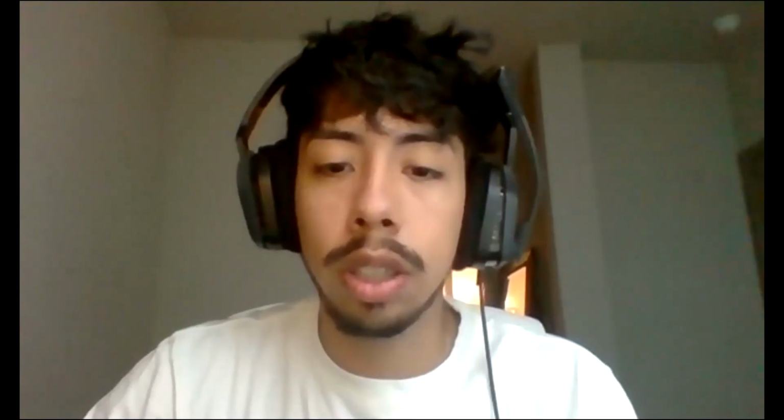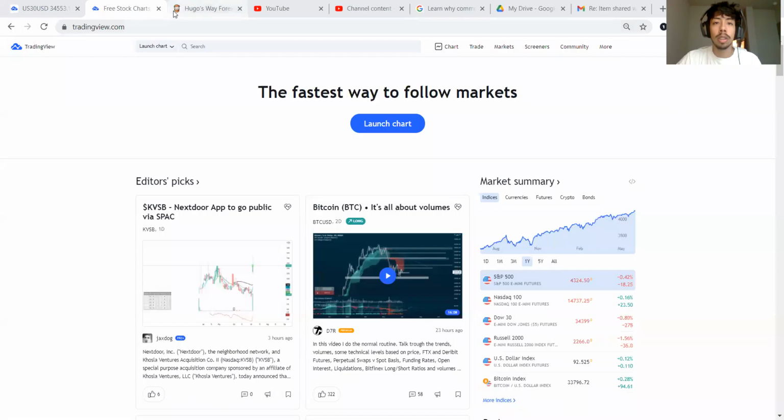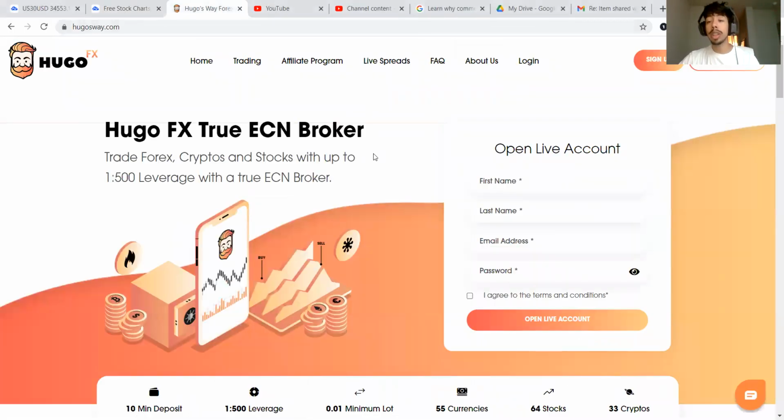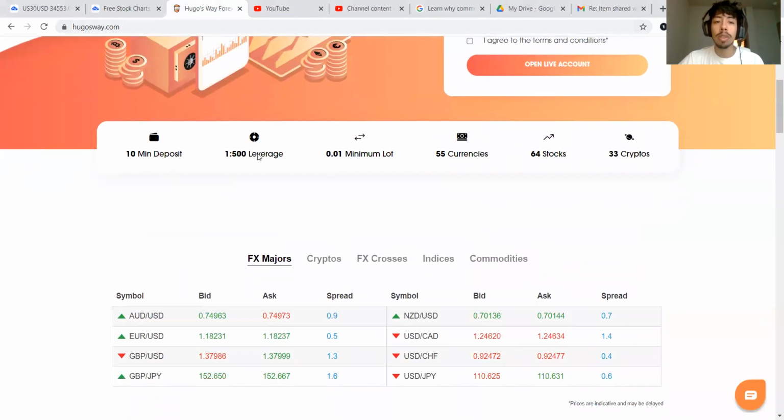So to start, you need a broker, and the actual broker that I have been using for a while now, I like it because the leverage is 1 to 500, $10 minimum deposit. They have a wide variety of pairs you can trade. So they have currencies, stocks, and cryptos. 33 cryptos. I need to look into those because I haven't. I'm kind of interested in trading cryptos, but